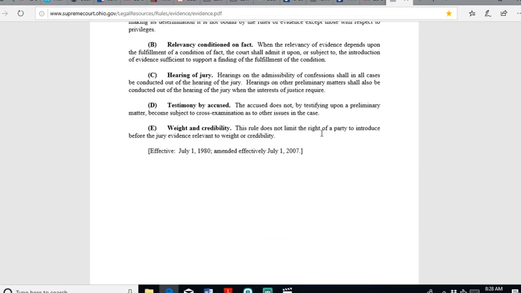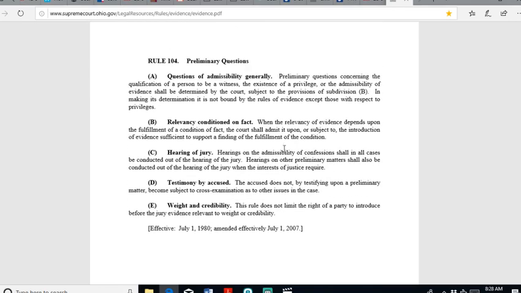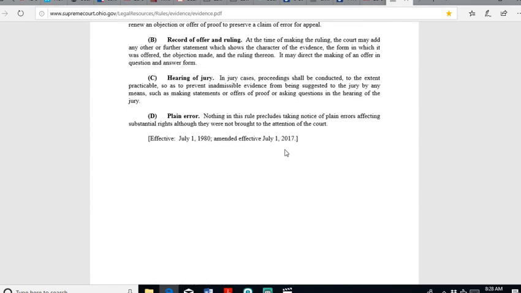Weight and credibility. This rule does not limit the right of a party to introduce before the jury evidence relevant to weight or credibility. Now, this is what you got to understand